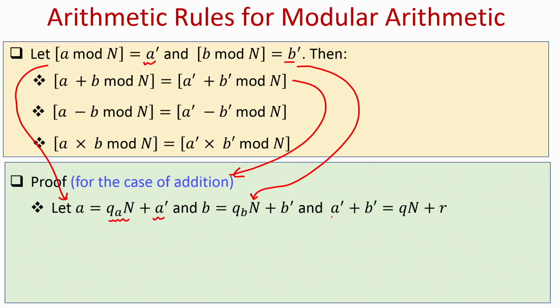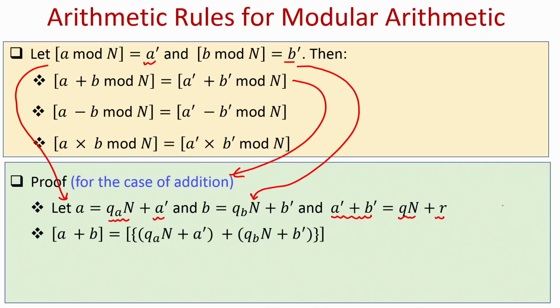And imagine that a prime plus b prime is some quotient times n plus r. Okay. Now, let us see the left hand side of this rule, the addition rule. It is a plus b modulo n, that means you are adding a plus b and then you are taking modulo. So, I am just expanding the a and b here,